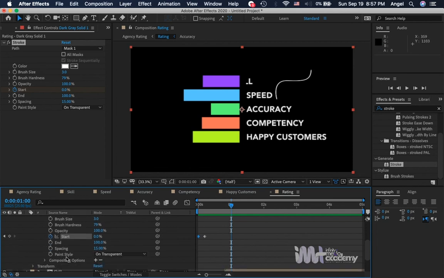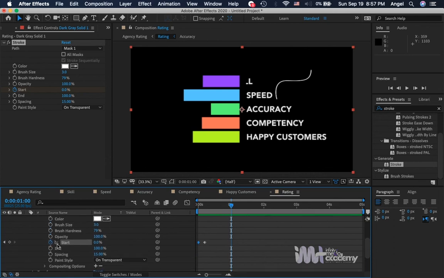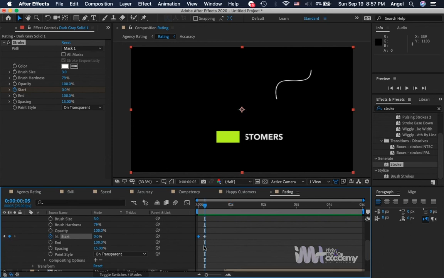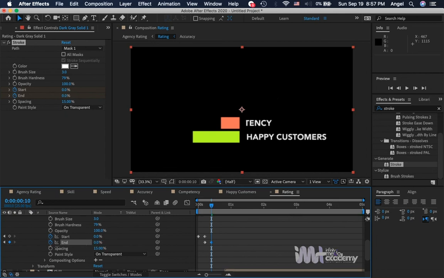Now there's another property under the effect stroke property that you can also make use of to achieve this. So I'll make sure that at the point, the keyframe where the line is totally revealed, I'm going to toggle on the stopwatch for end. Then I'm going to go 5 frames forward again. 1, 2, 3, 4, 5. Okay. Then I'm going to set another keyframe and I'm going to adjust the end value and make sure it goes back to 0. All right. So now if I play back,